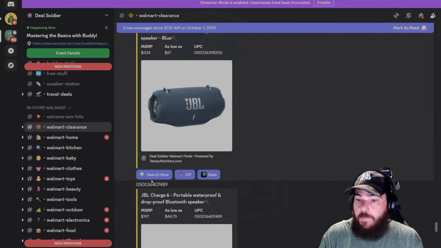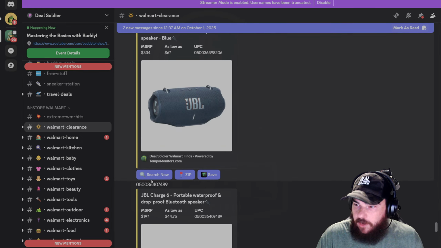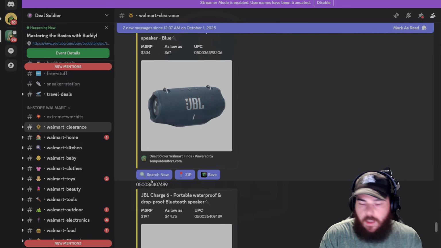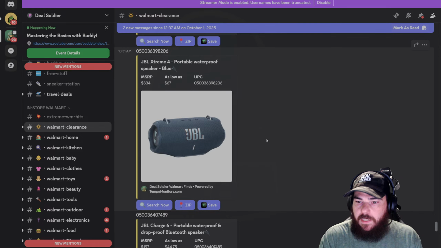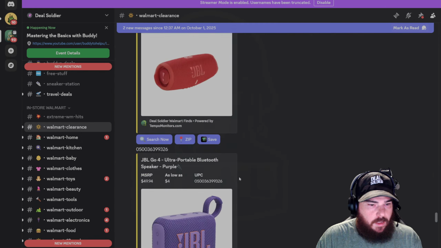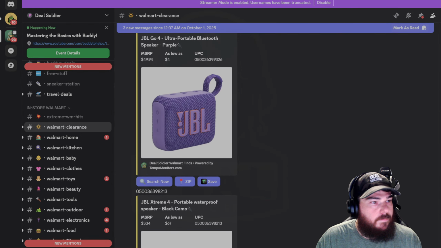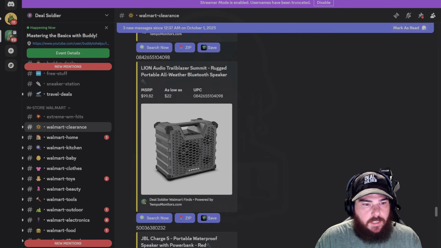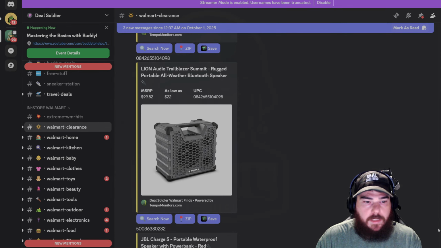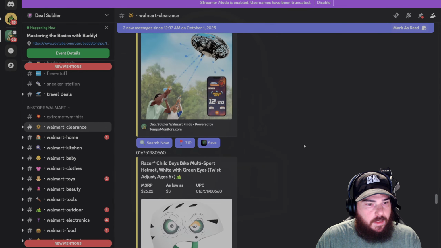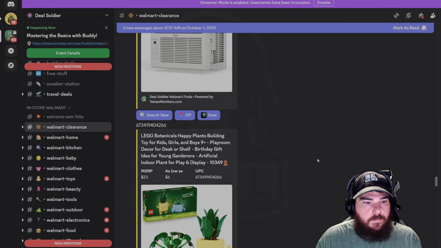And you can search as many times as you want. This is where it's an amazing tool, because you can do 300 searches, you can do 5 searches. I'll get a little bit more into it, but say you're going to a baby shower, you can specifically look for baby shower items. Let's search another JBL. You'll notice the numbers going up. That's just because it's running my searches. You can search a few times and then go back in and look at your chat. Oh, we just picked up one more item.